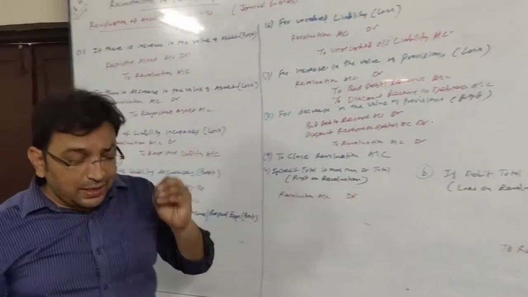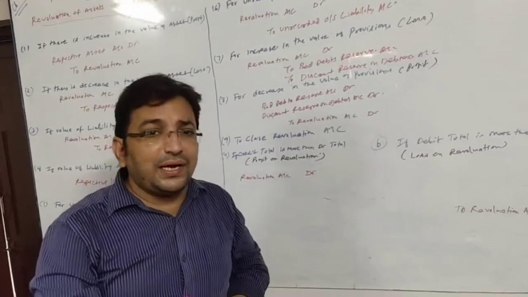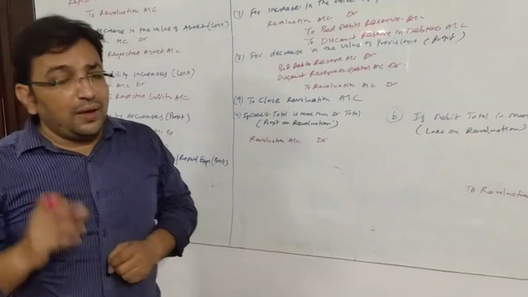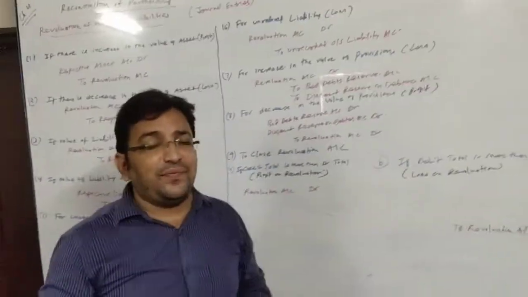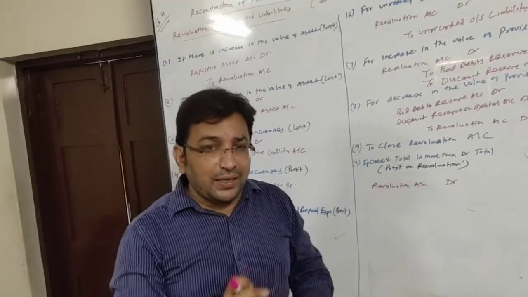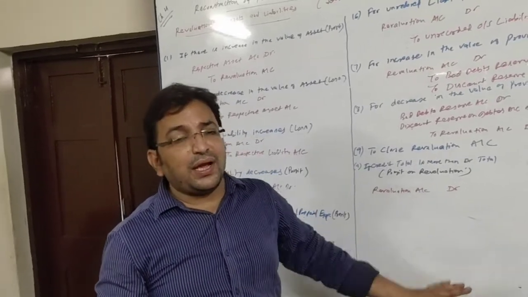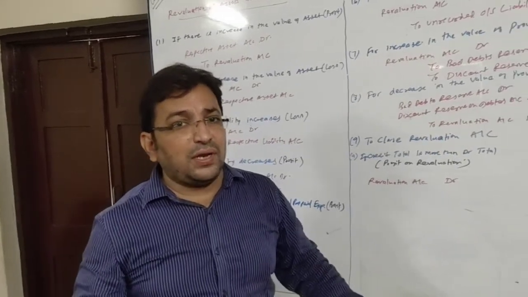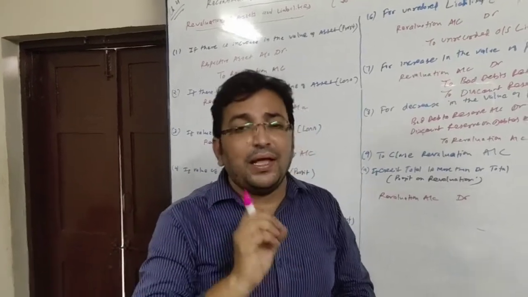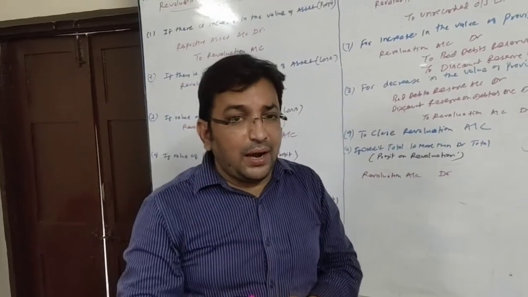After giving journal entry for all such transactions which are increasing or decreasing asset or provision or liability, we have to close the account. Now we will talk about how to close the revaluation account. We very well know each account is having two sides, and when we close it, we find three conditions. One condition, the totals of both the sides are equal. If the total of both the sides is equal in a revaluation account, that means no profit, no loss on revaluation. I repeat, if the total of debit and credit side of revaluation account is the same, that means there is no profit or loss on revaluation overall, right?